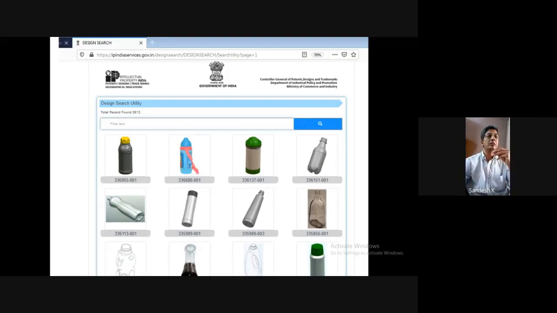So just go to this particular website, give the keyword and say design search. If it is not there, then the field is open. You can definitely file, or you can even pay another 500 and ask whether such a product is there. And when you file it, your product will appear in this page. Okay, next slide, please.